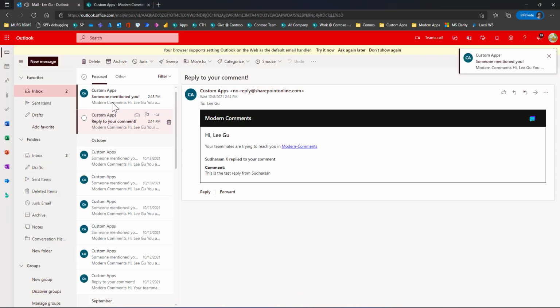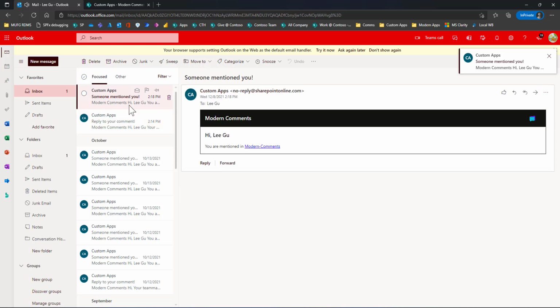So let us see. Here you can see, there won't be any full description of what they mentioned. You can navigate to the page and check it. This is just to notify that someone mentioned your name, like how it comes in Teams when someone has mentioned you. The same way, I'm just triggering an email.